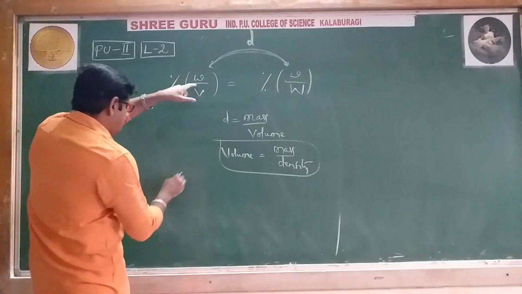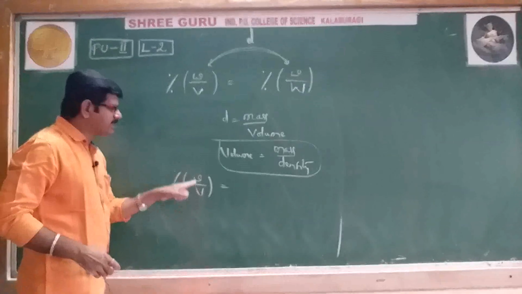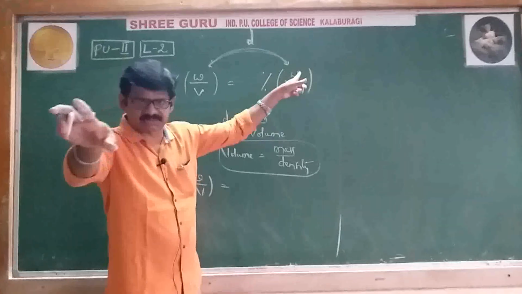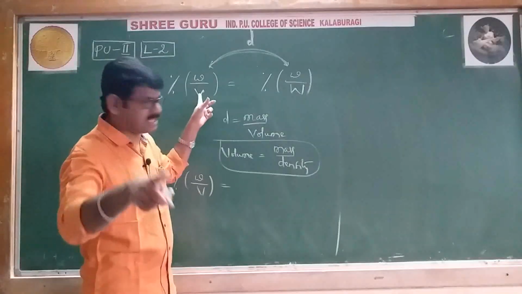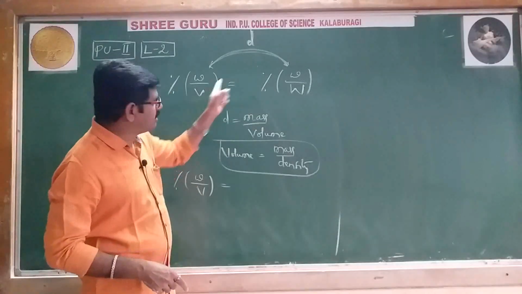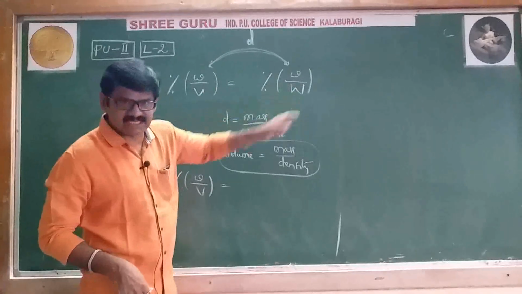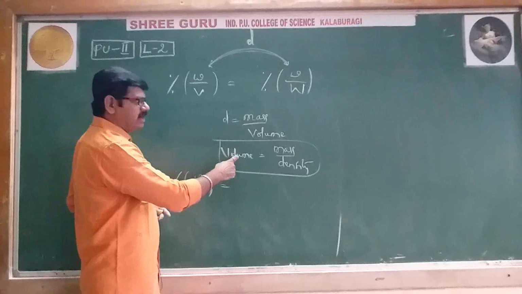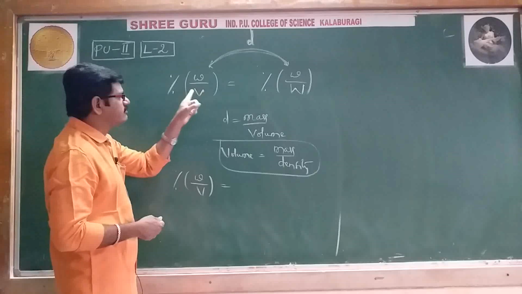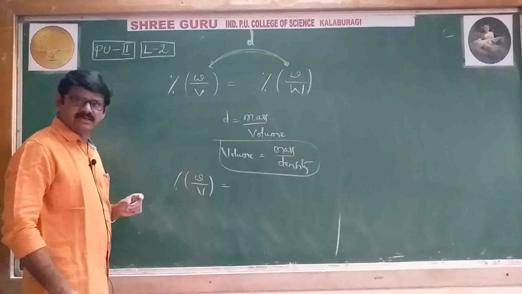Right, now this formula, percentage of W by V is equal to, because here W is there, here also W is there. Mass is absolute, no doubt. But here it is volume of solution, not mass of solution. This volume term, we have to change it as a mass term. Volume, we have to change it as mass. That's why in place of volume, what do we have to write? Mass by density we will write.